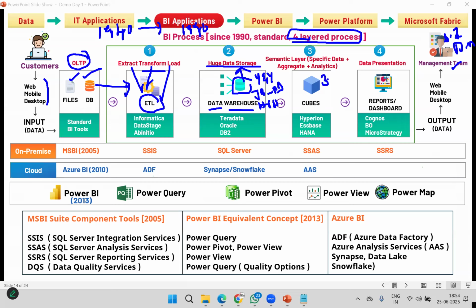You need the last 3 quarters' data analysis, last month's analysis, or a sales subject area analysis. Then create a cube-kind of structure, and we call it a semantic layer. Create a semantic layer with the required data, hardly GBs, 20 GB, 30 GB, with specific data and aggregate analytical information available.